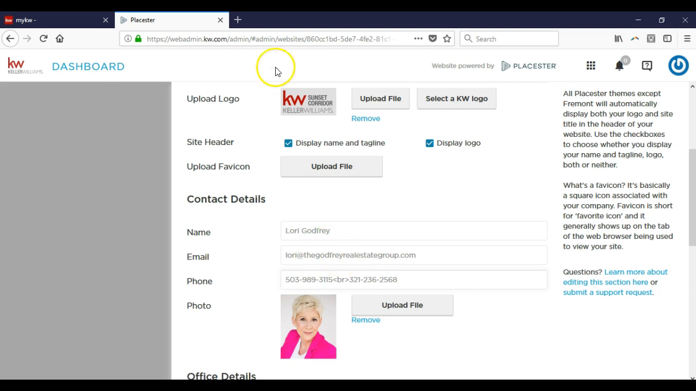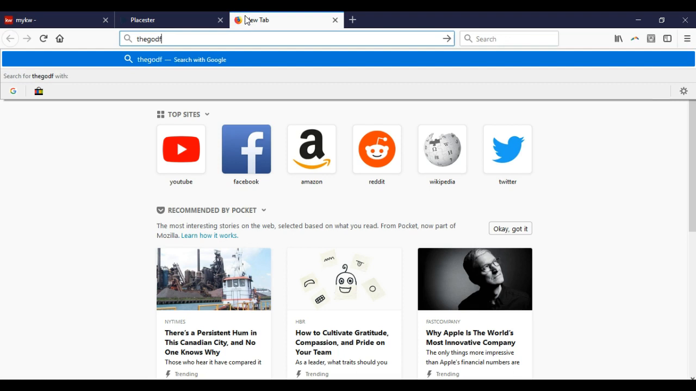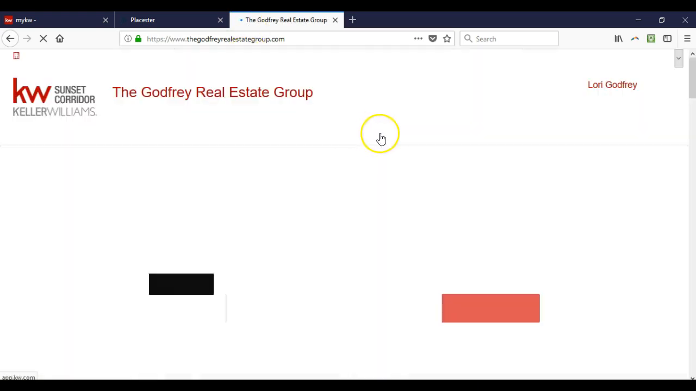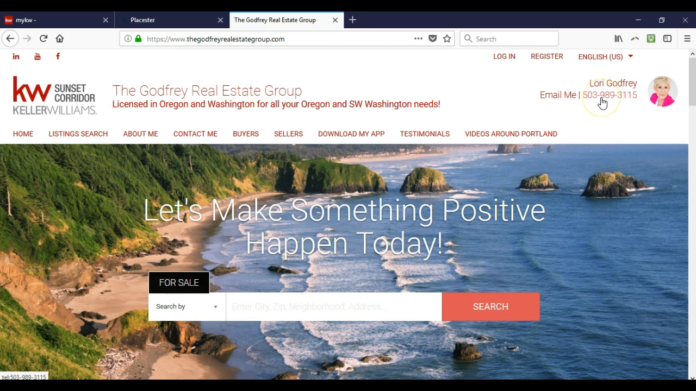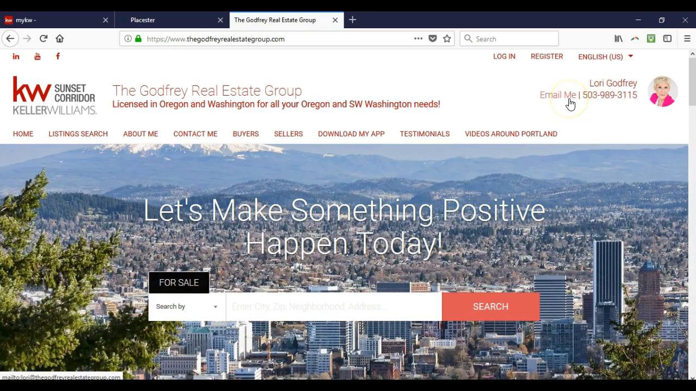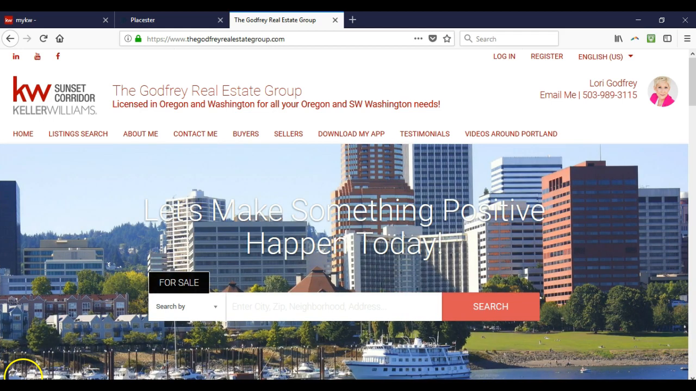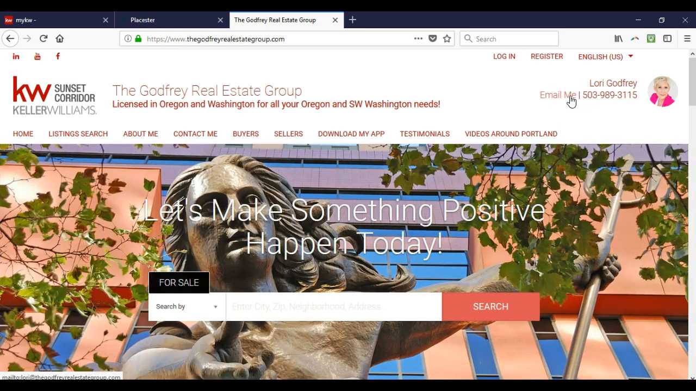Because if we notice, I'm going to go over to our website real quick just so we can get an idea as to what this looks like. At the top right up here, we've got our name, and then we have the email me option, and then we have the phone number on here. Now, this email me, if we look at the bottom left down here, once I hover over email me, it's going to link up with that mailto function. It's going to go to